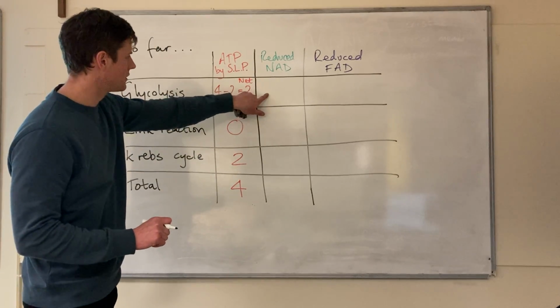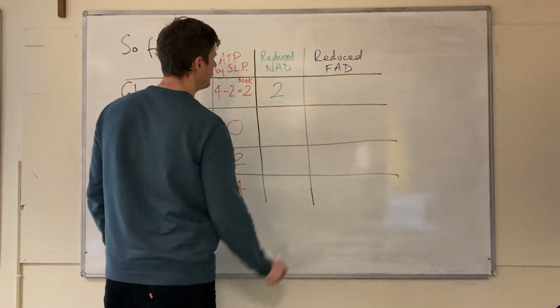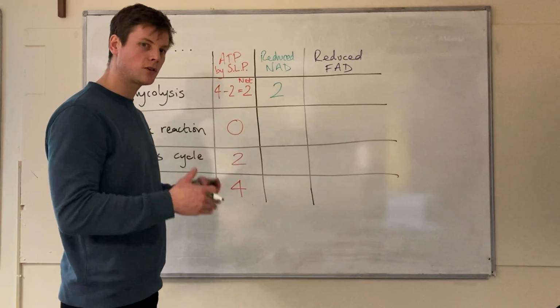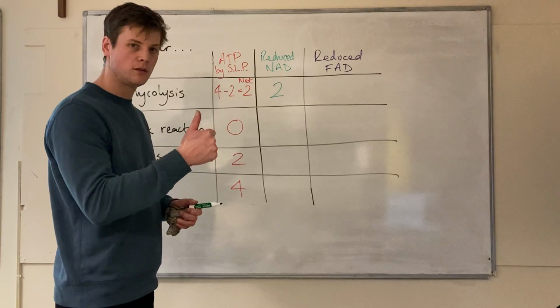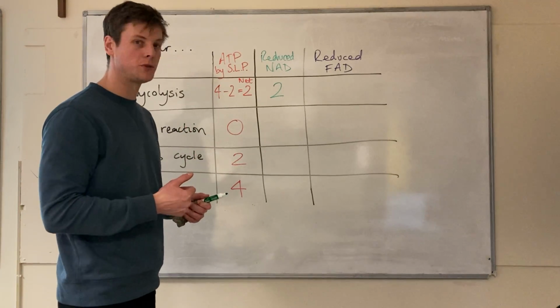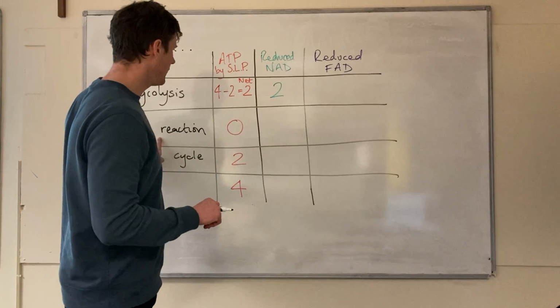So glycolysis produces 2 reduced NADs. Each time triose phosphate is oxidized to pyruvate, 1 oxidized NAD becomes reduced NAD. During the link reaction,